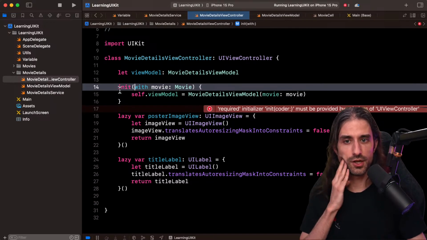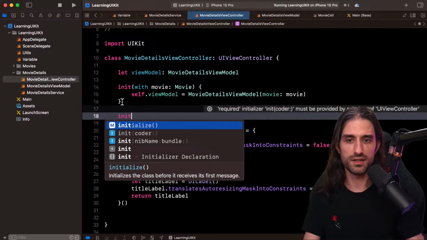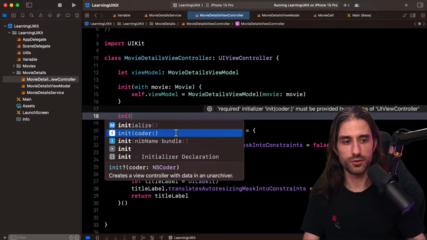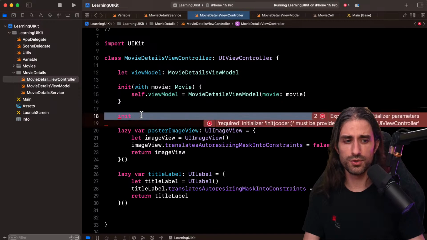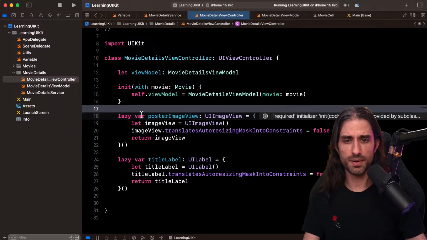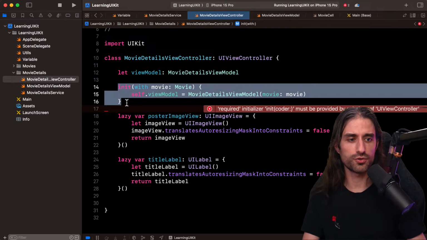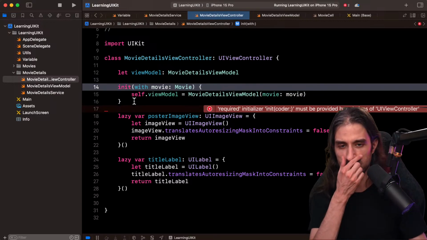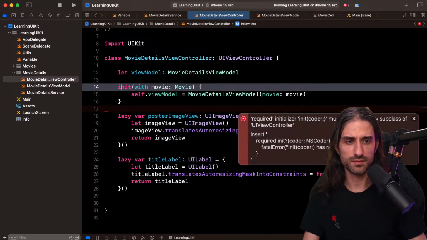Unfortunately, when you use Interface Builder, you don't have control over the init because Interface Builder will probably call init with coder in order to decode the storyboard, something like that, you can imagine. And so you don't have control over the init. You have a method that allows you to inject some dependencies that was added a few years ago, but you have way less control. So one of the advantages of not using Interface Builder is that you have control over the init, and it makes dependency injection easier and also safer because you can have a type-safe init.